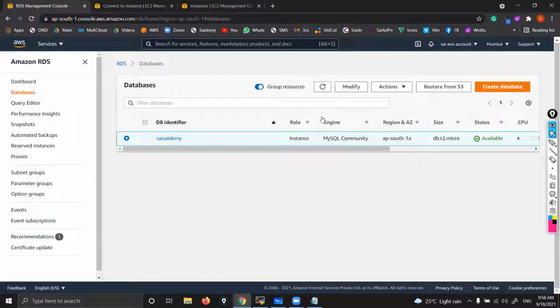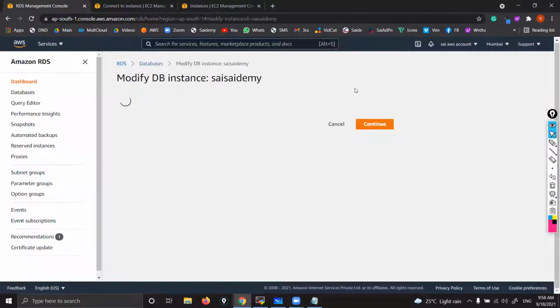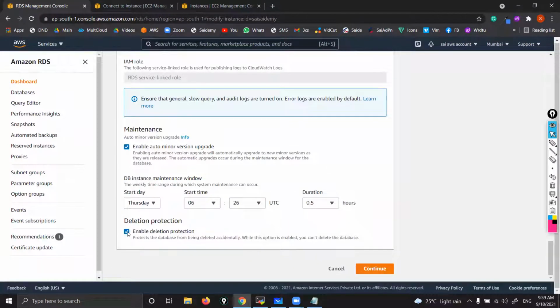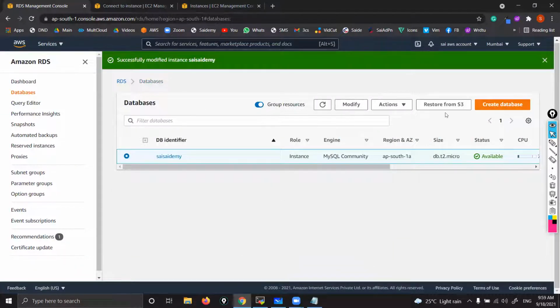Suppose you want to delete this one. See here, actions, delete. You can't. Why? Because you have enabled deletion protection, right? So first you need to click on modify. You need to disable that protection from accidental termination. Scroll down. You see, disable. Now continue and modify. Now, yes, you can delete. It will allow you to delete. Actions,